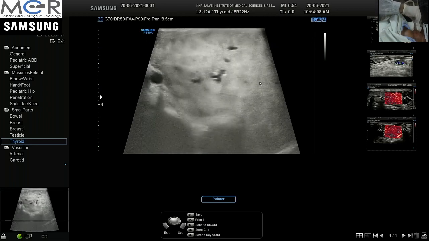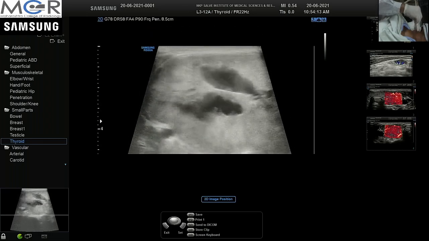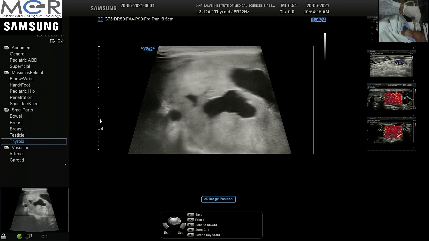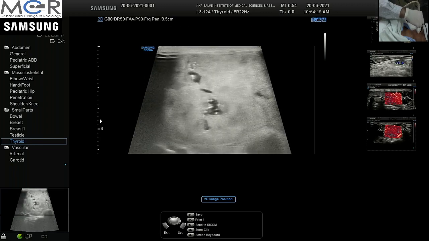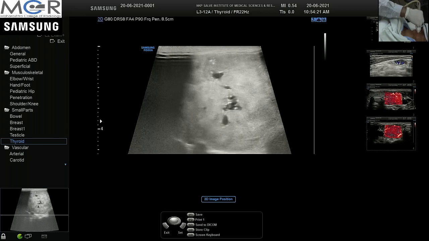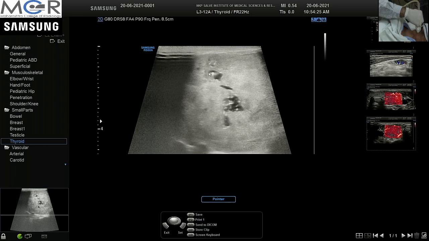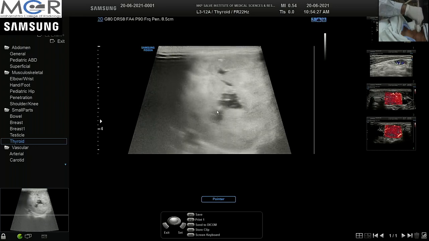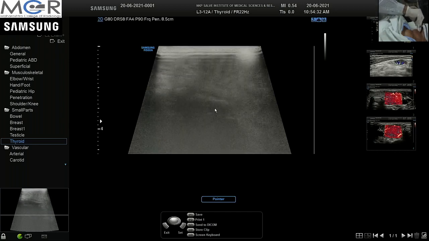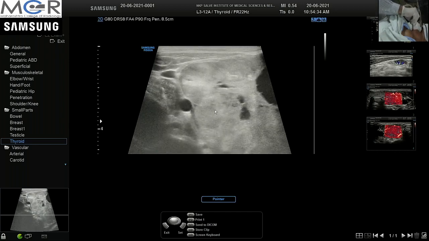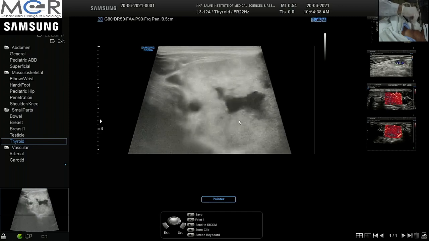Now once we have seen the effects of the enlargement, we go to the lesion proper. The lesion we have seen here appears very huge. It has multiple cystic areas. You can see there are macrocalcifications, multiple macrocalcifications. The solid part is there, predominantly solid you can call it, a little bit hyperechoic than the strap muscles.